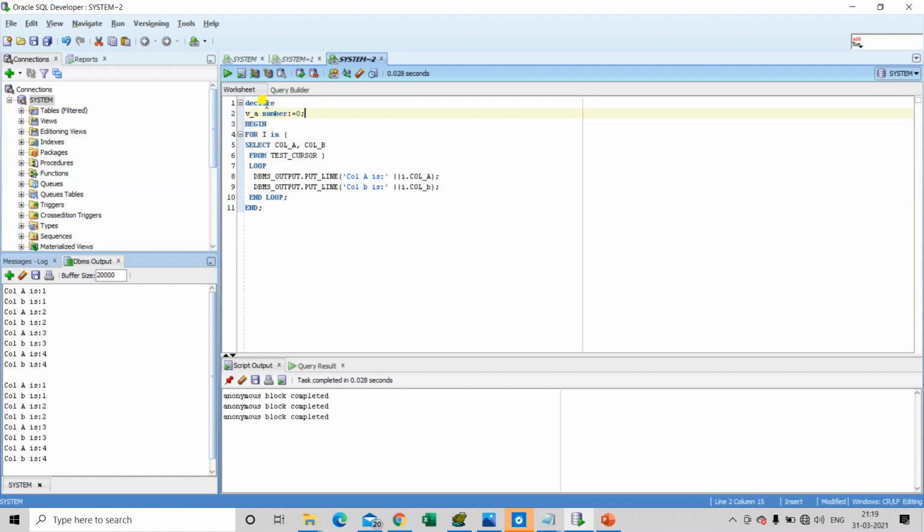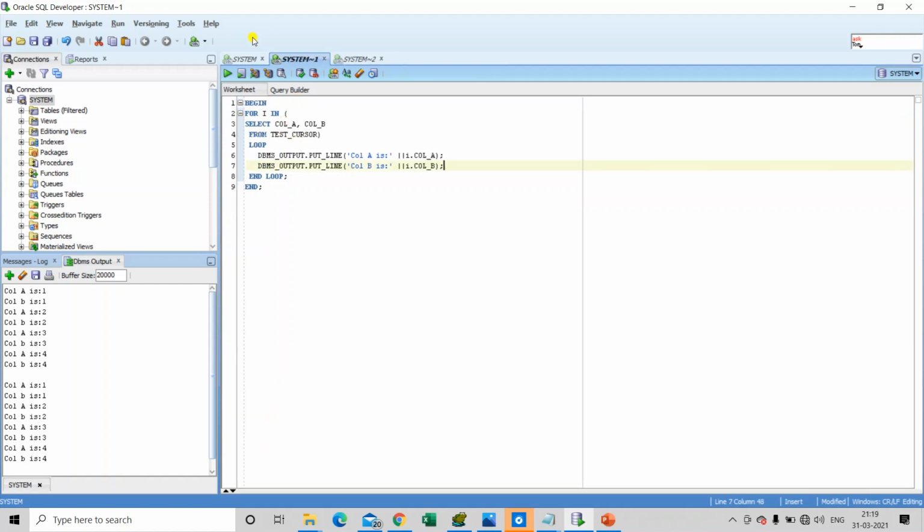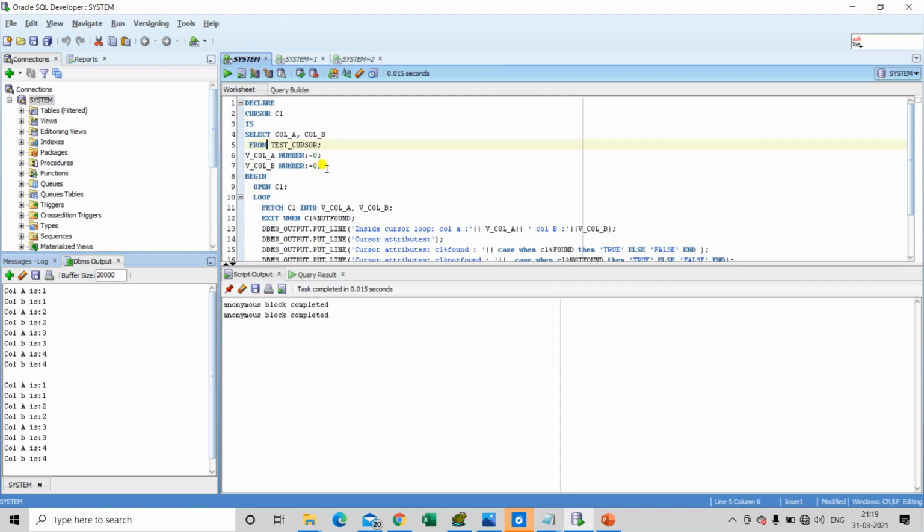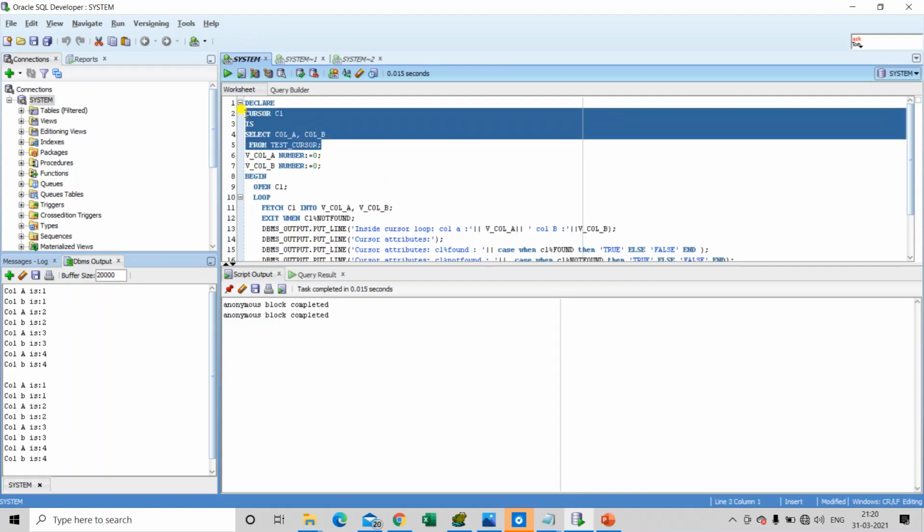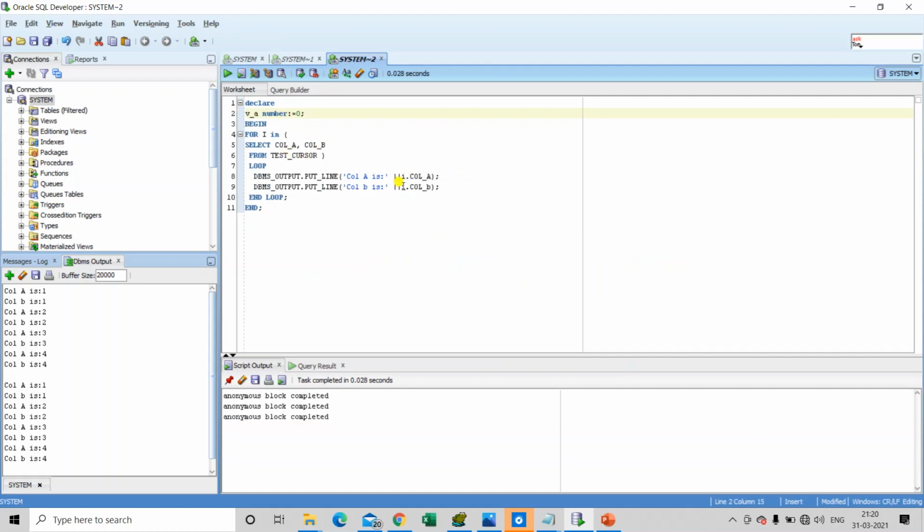In this case there is no declaration, but in explicit cursors we have a declaration section in which I declared a cursor explicitly.